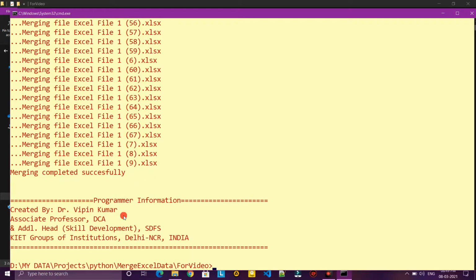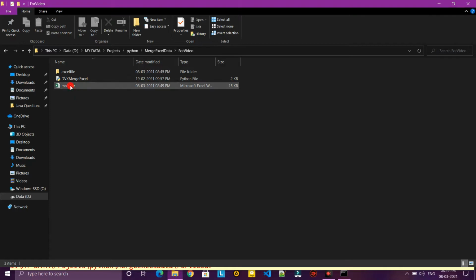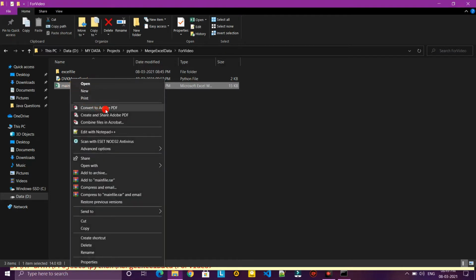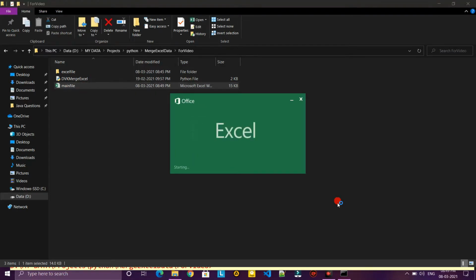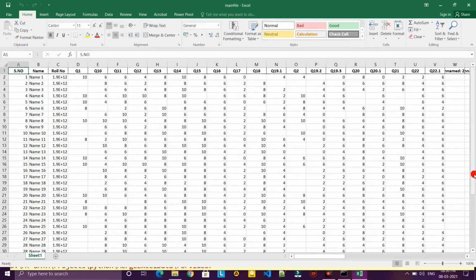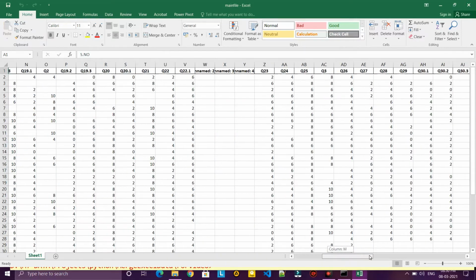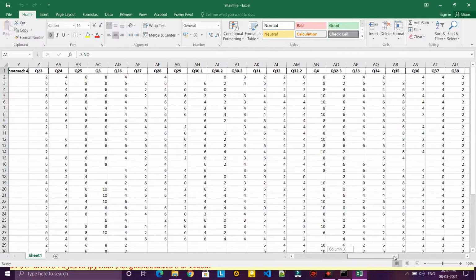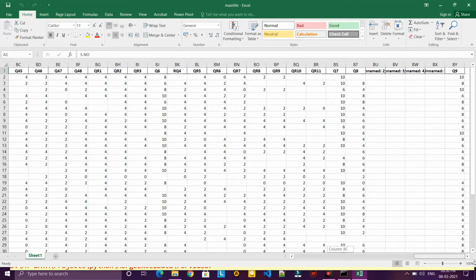And you see now that this main file has all the data which was available in these files one by one. You see Q's number 1 and all the Q's which are available here, 2, 3, 4, 5, all will be merged here.